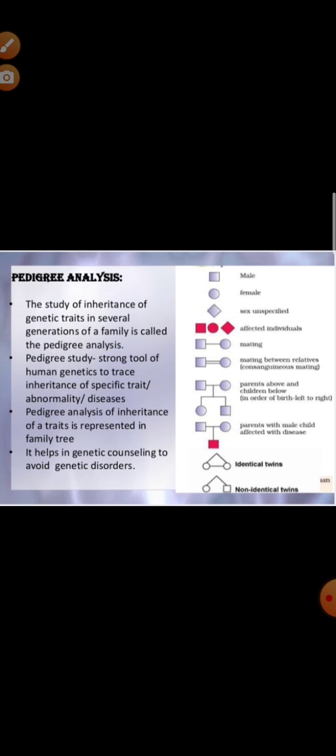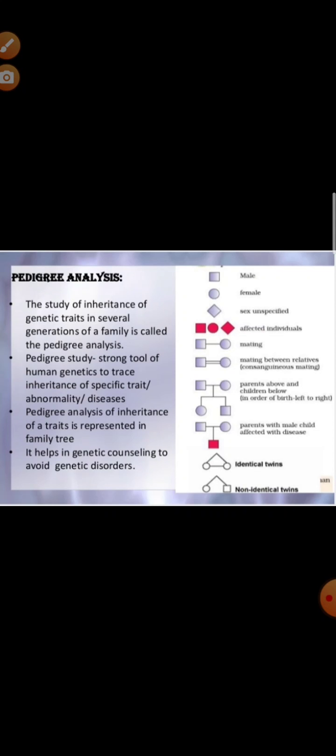And it is very important to know the possibility of expressive recessive alleles that can cause genetic disorders in a family, like it can be color blindness, it can be hemophilia. And this pedigree analysis also predicts the harmful effect of marriage between close relatives, and it is also extensively used in medical research. You can see in the chart the male, female, and so many boxes are made. So how are these? It is written at the side. What does it signify? Square box, it signifies male.